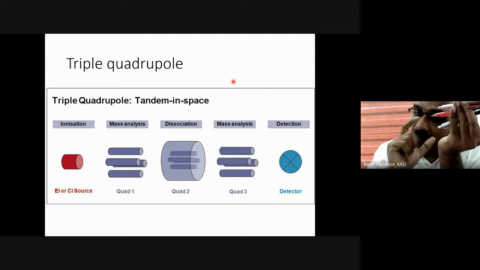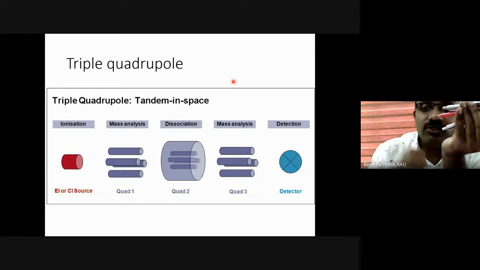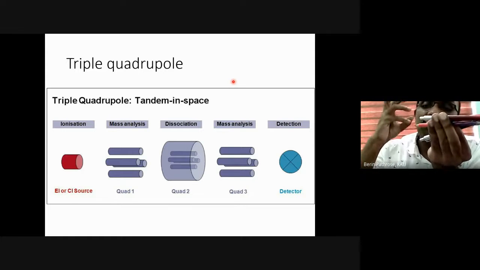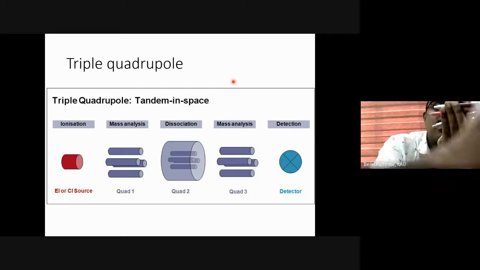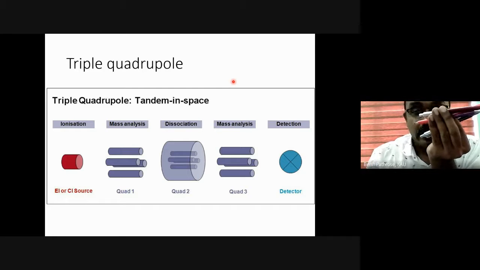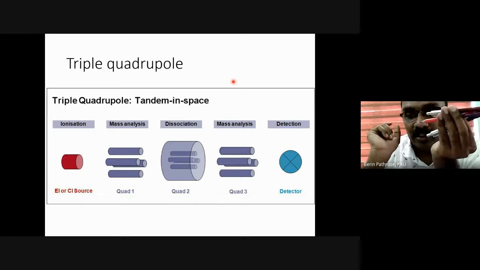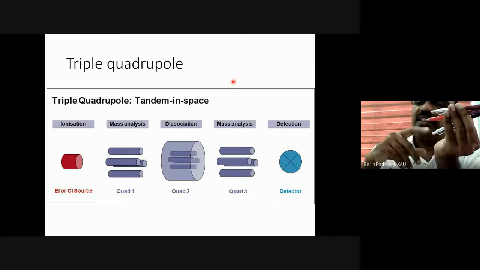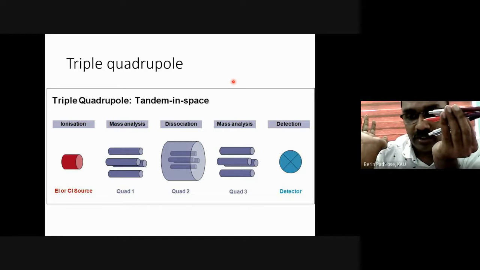So by varying the charge, depending upon the mass of the compound, we can select only those compounds with a specific mass by charge ratio to pass through the quadrupole. That means if a compound has a very low molecular weight, then only a little charge is enough to allow it to pass through. Even if you slightly increase the charge, it will get deflected and get lost in the quadrupole.